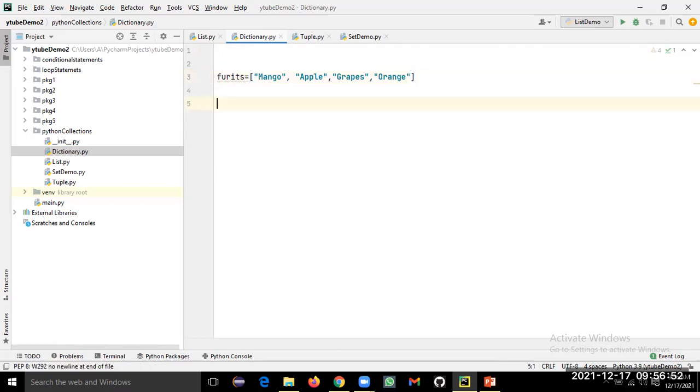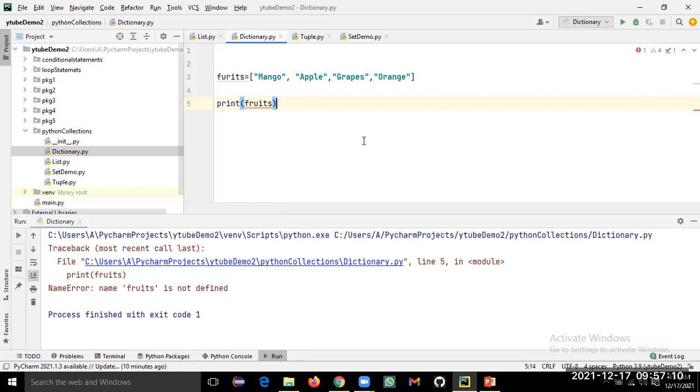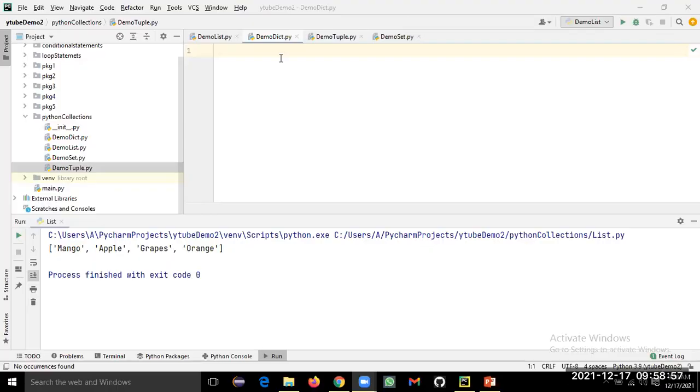Now let us print this list. How to print it? Just mention the name, fruits. Now I'll run it and let us see how the output is shown. Here I've made some corrections.